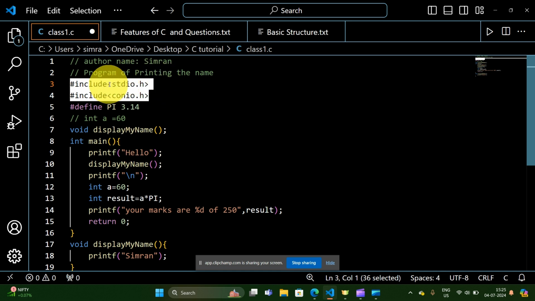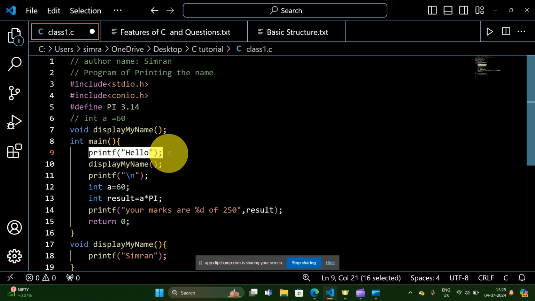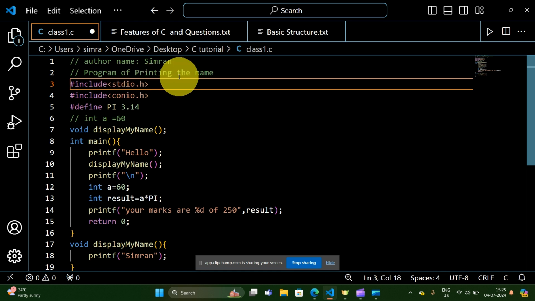Here I have described the stdio.h library. This is a header file which has some of the functions like the printf function and the scanf function. In this program, I am just using the printf function, which is for printing something, giving some output to the user. In a similar way, when we use the scanf function, which is also present inside the stdio.h library, whose full form is standard input output,